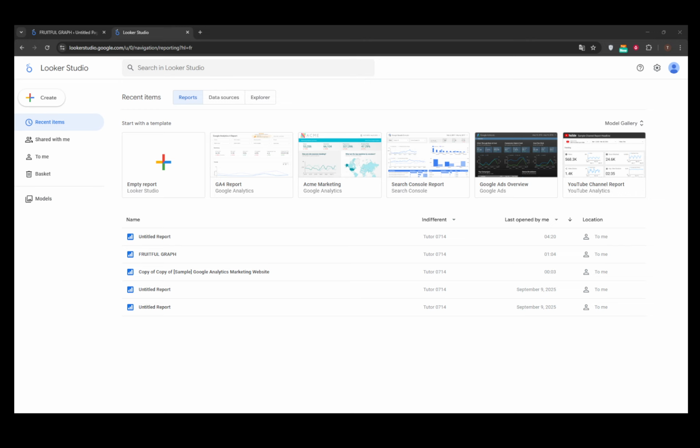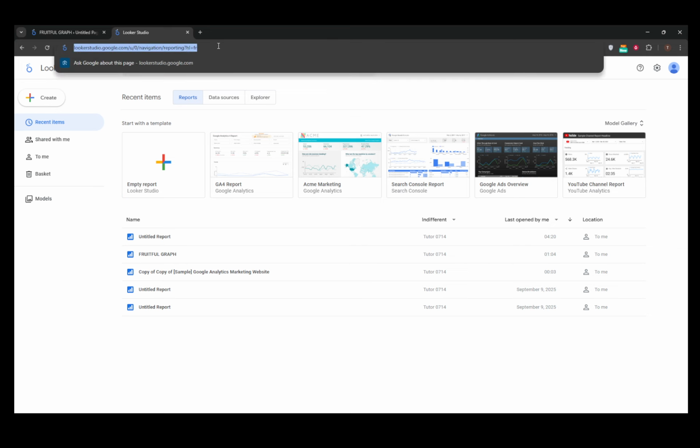This method is great if you want to keep your general Google account settings untouched. What you'll do is modify the URL in your browser to reflect your language preference. To do this, simply append HL=EN, followed by your desired language code to the Looker Studio URL. Let's say you want to switch to Spanish. Your modified URL would look something like this: